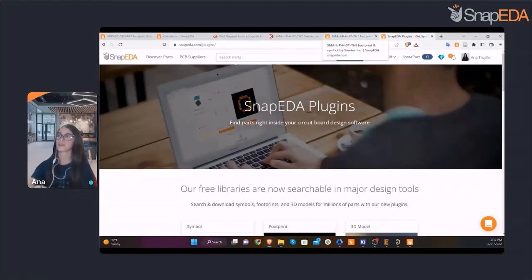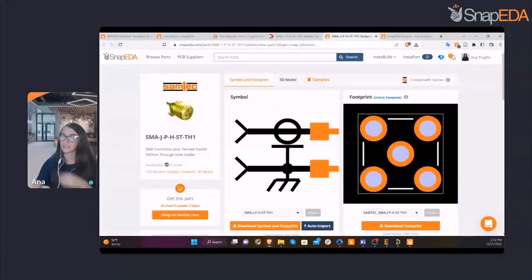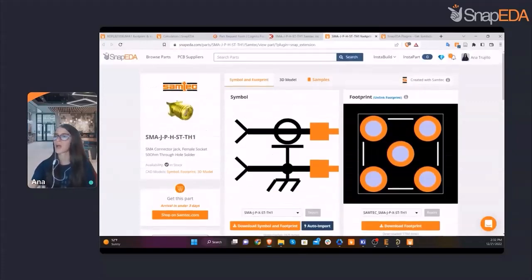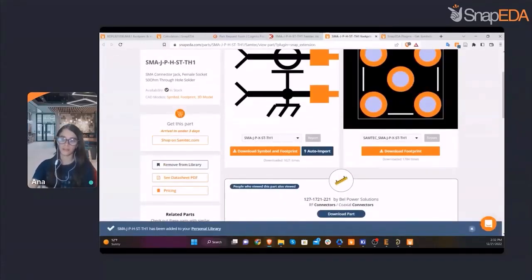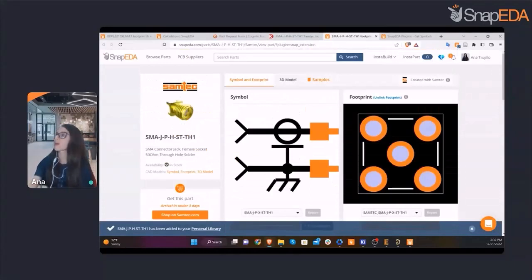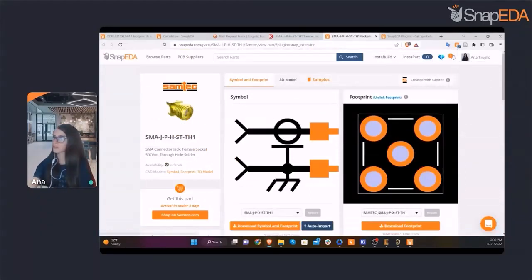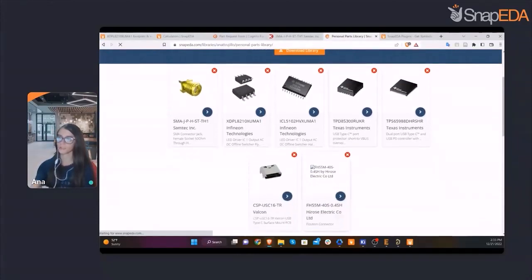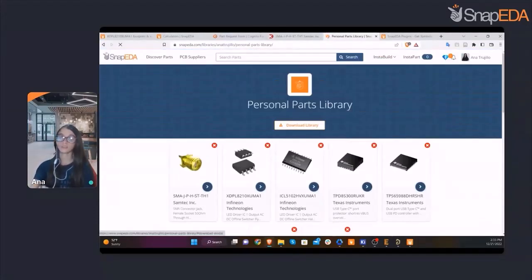Oh, one more thing, just a quick tip. Remember at the beginning, we were talking about the personal library, that you can click the add to library button to bookmark your part. Well, once you have parts in your library, let's say I save this part to my personal library, you can access it either by clicking here or by going to your profile and clicking My Library. So here in the My Library section, you can see all the parts that you have saved. For example, here I have all these parts. And then you can just download all of them at once, a batch download.